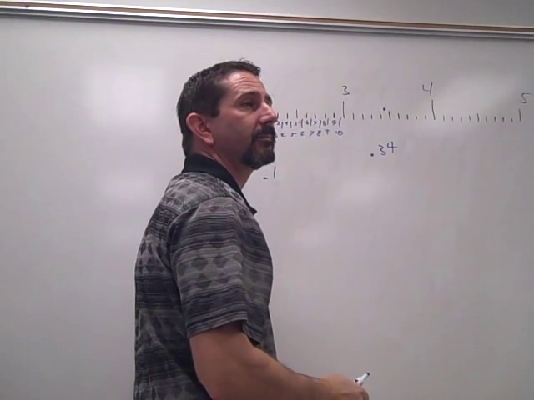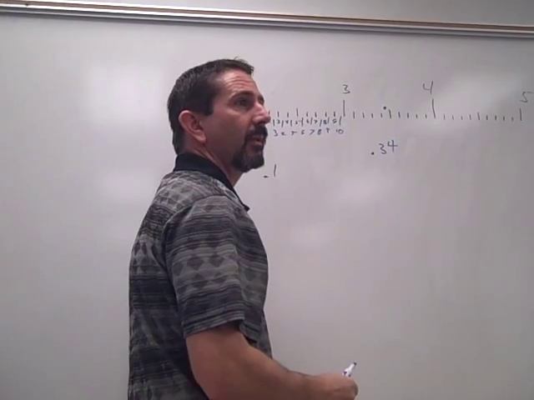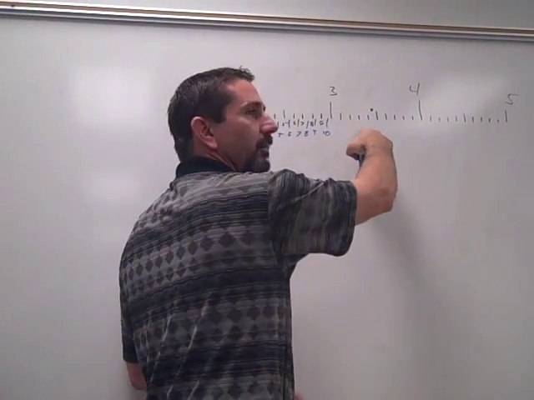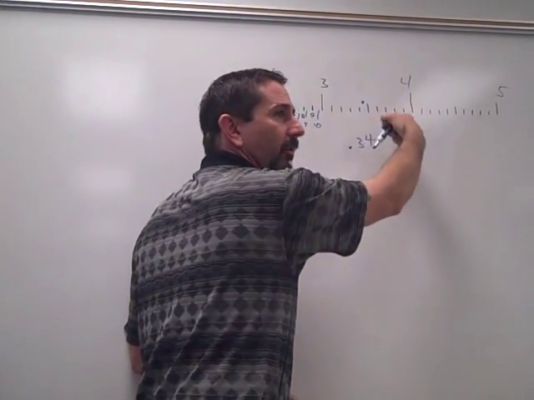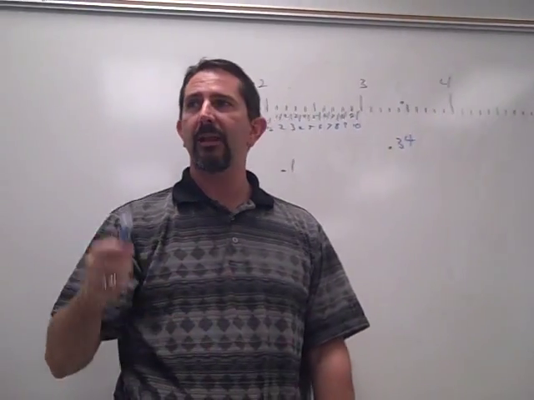Yes? So on a scale, if the dot does land between the two numbers, are you rounding down every time? You round down every time because you have not crossed that threshold. You're at 3.4. You have not crossed the threshold to 3.5. That's very, very important, and that works for